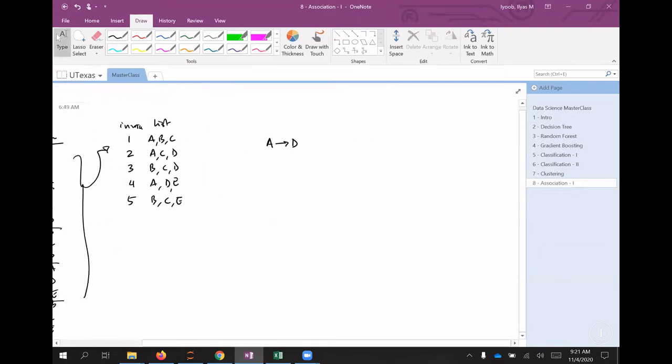Let's calculate what is the probability of both A and item D showing up. If we look at all of these invoices now, A and D showed up here in invoice number 2, and A and D also showed up in invoice number 4, right? So that is essentially, just in probabilities, 2 invoices out of 5. So that's 2 out of 5. Okay, all right, then